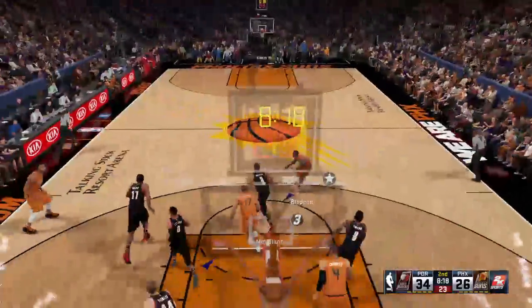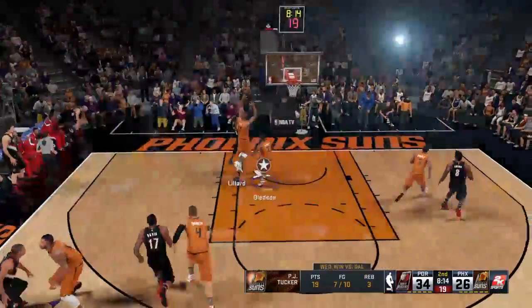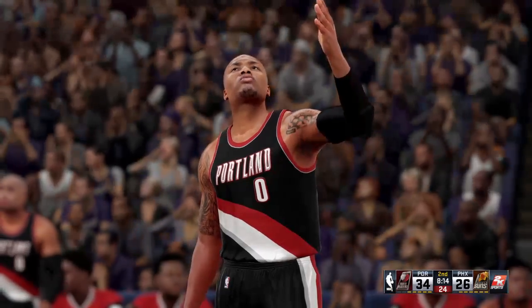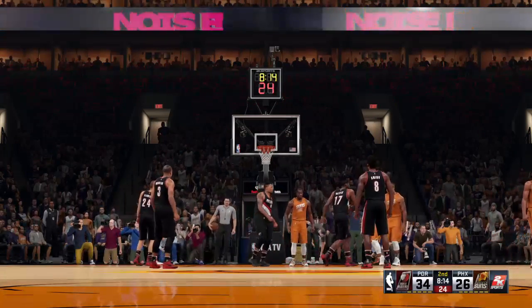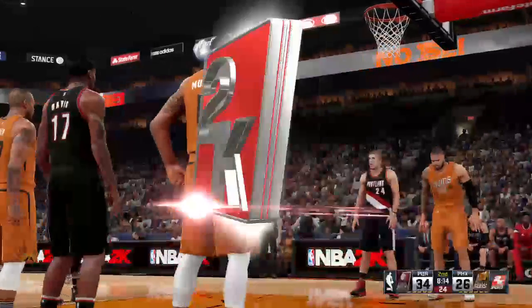Now, here's Tucker. He had 19 points in the win against Dallas. And a foul called on the shot. Got him on the way up that time, so he'll shoot 2 right here. You look at what Lillard has done so far. He has 9 points, and he's come up with a couple of nice steals today, too. Clark, just a very energetic brand of defense. Yeah, and on the topic